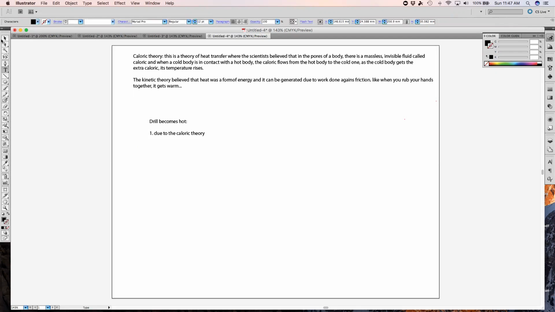Right, so I just outlined the two theories, right? So now I'm going to get into the answer because you have a basis for dealing with the answer. So first of all, why does the drill become hot? Due to the caloric theory. Right? You good? That's what the caloric theory would have explained. And the second one is the